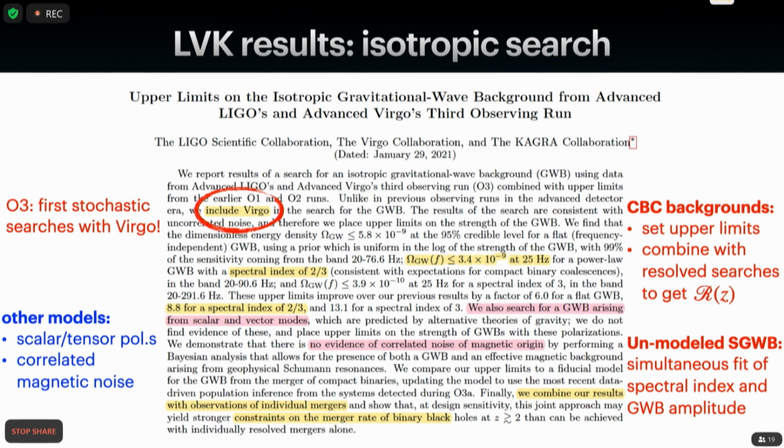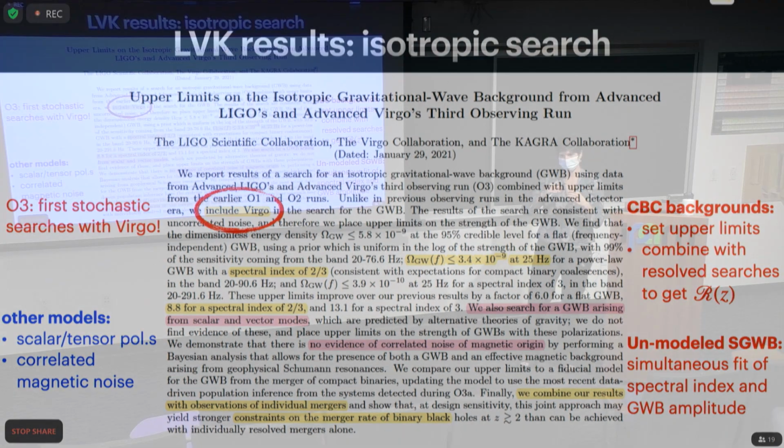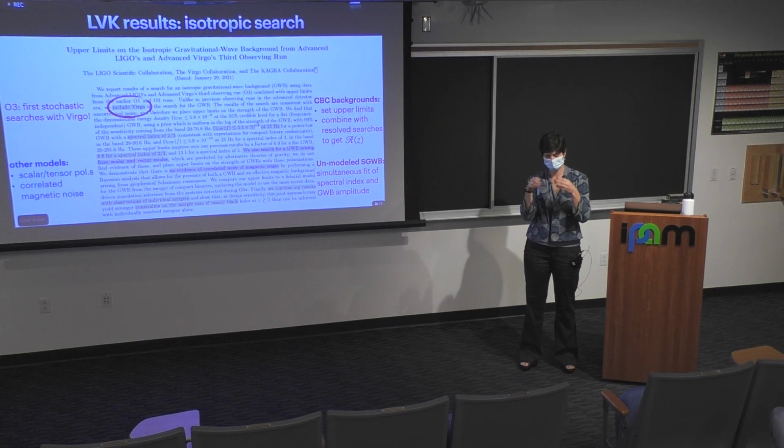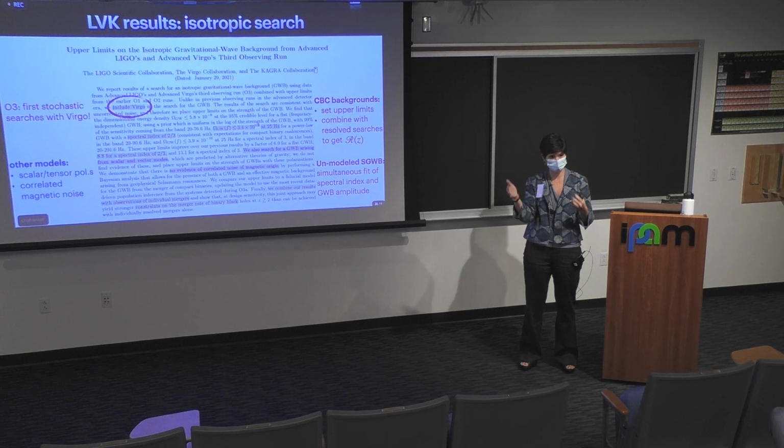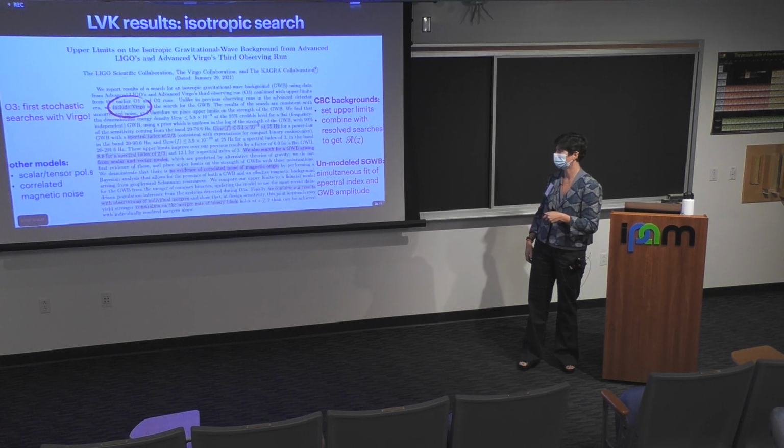And I like to divide this up into sort of 3 categories. We have a focus on CBC backgrounds, where we're setting upper limits by modeling with the alpha 2/3 power law, and we're really zooming into a CBC background. Let's see if we can detect it there. And then we also combine this stochastic search with the resolved searches to get an updated measurement of the merger rate of binary black holes as a function of redshift. So the stochastic search gives you a measurement of the merger rate at high redshift, whereas the resolved sources give you a measurement at low redshift, and you combine them in a Bayesian framework and get a fully